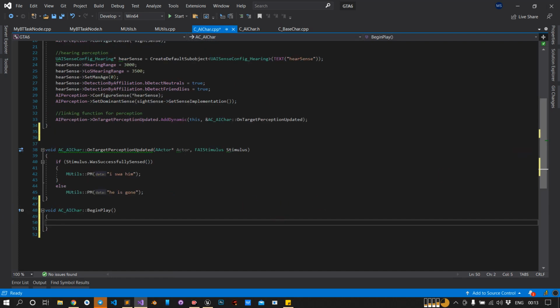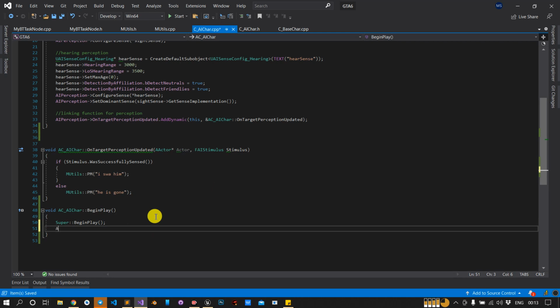Now, what we will do in our AI: first, I have overridden it, so I will just call Super::BeginPlay. Perfect. And here I will call AI controller.